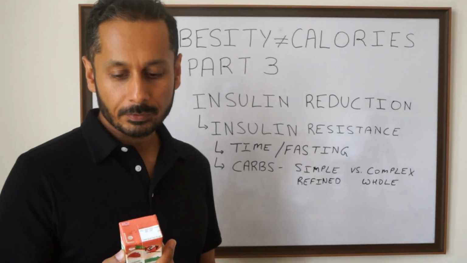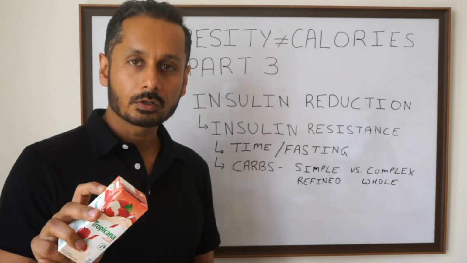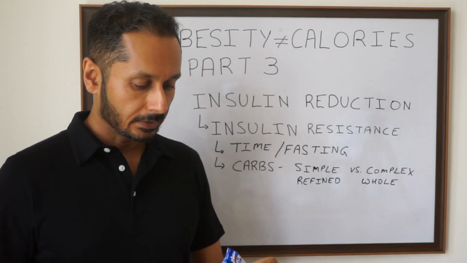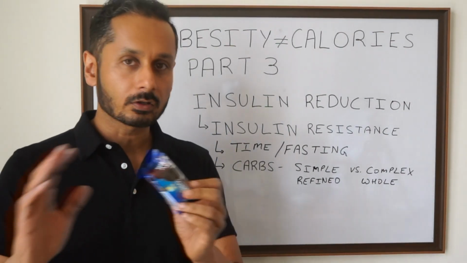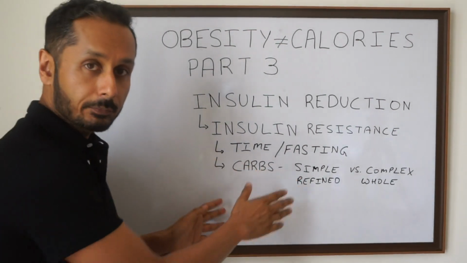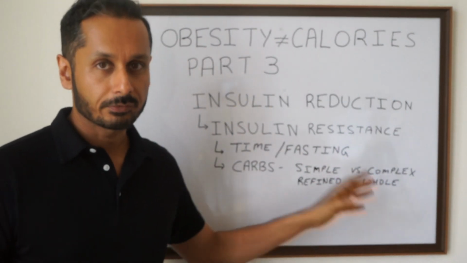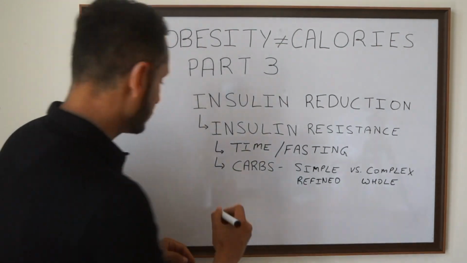This one is a Tropicana Lychee Delight. It has 13.4 grams of sugar, which is about 20% more than a Coca-Cola. And this one has all kinds of stuff. Besides the invert sugar, it has all kinds of bad fats. So anyway, coming back to insulin, you want to try and eat complex carbs. That's going to help you a lot. And the last one